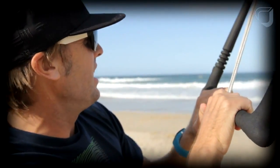You want to start out when the wind's really light. You don't need to go out there on a 40-knot day and try and kill yourself. Just start out when it's a nice 10 to 15 knots. Today you can see here it's about 10 to 15 knots, so I'm not going to get dragged down the beach or anything crazy is going to happen to me,